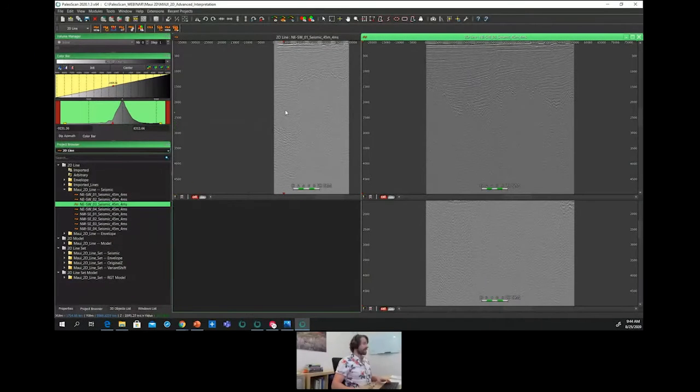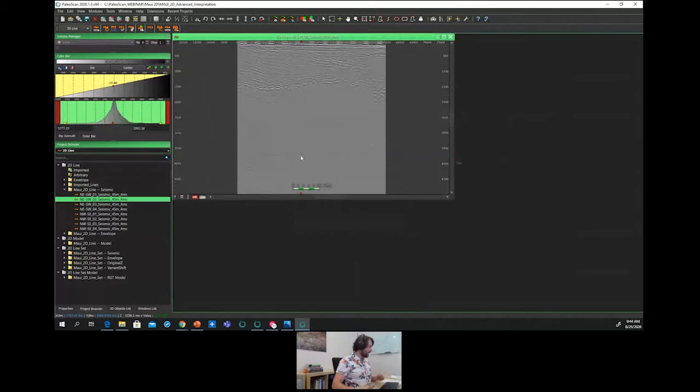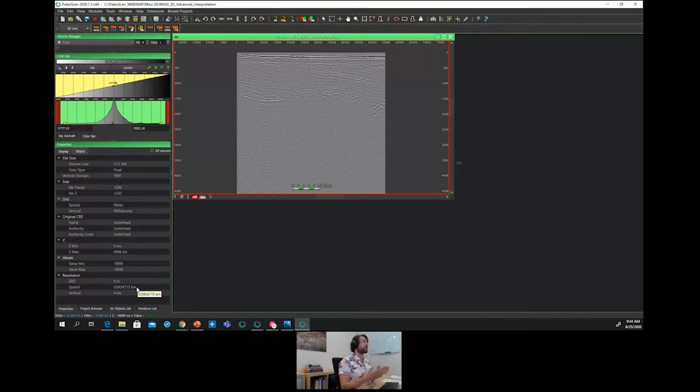That is why, for instance, we simply have to consider one of those lines, and a very important thing we could do would be to look at its properties in order to appreciate its physical size. So in this case, it is a very lightweight line, as well as its resolution. So here we can appreciate the spatial resolution that is 45 meters. So the bin size of each pixel of this data is 45 meters. And the vertical sampling of the seismic data is 4 milliseconds.